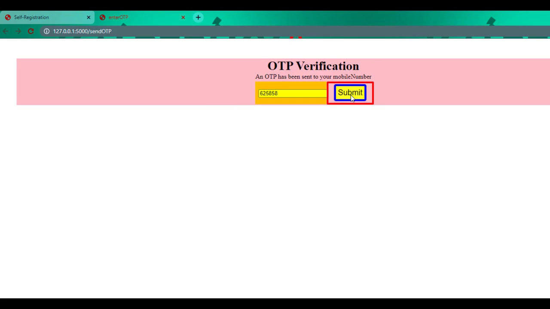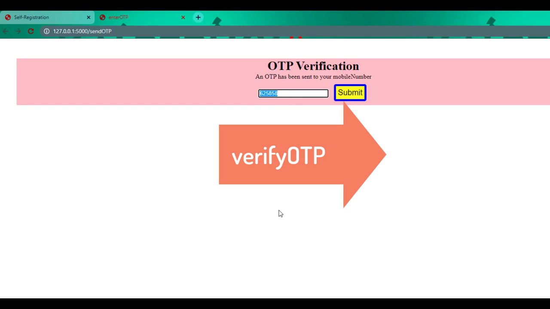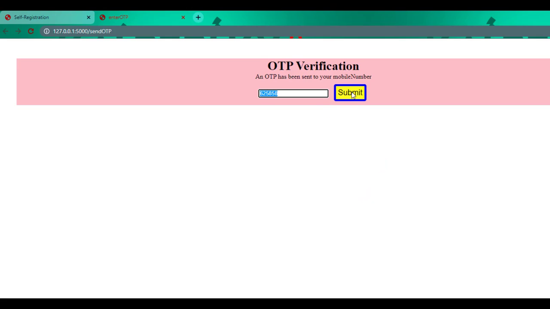Here I am clicking on this submit button but it is not taking to any other page. It is because till now we have written code to get this page and also get OTP for the user entered mobile number. Next we'll write code to verify this OTP. If this OTP is correct, then after clicking the submit button, user should get dashboard page. Else, if this OTP is wrong, then user should get OTP error page. How to write that code?